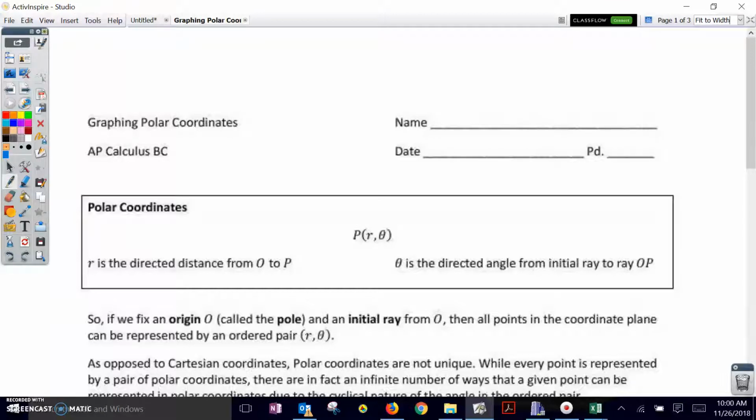First of all, you should recognize the notation for a polar ordered pair. When we see a polar ordered pair, it's got two components, and instead of an x and a y, we have an r, which is the radius, the directed distance from the origin to the point, and then we have a theta component, which is the directed angle from the initial ray, which is usually the positive x-axis. So if we fix an origin and initial ray, every point we have can be represented by an ordered pair